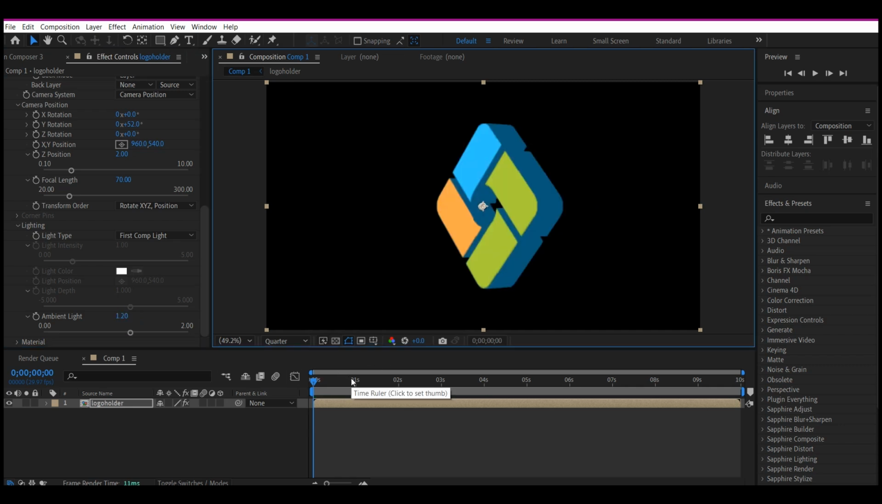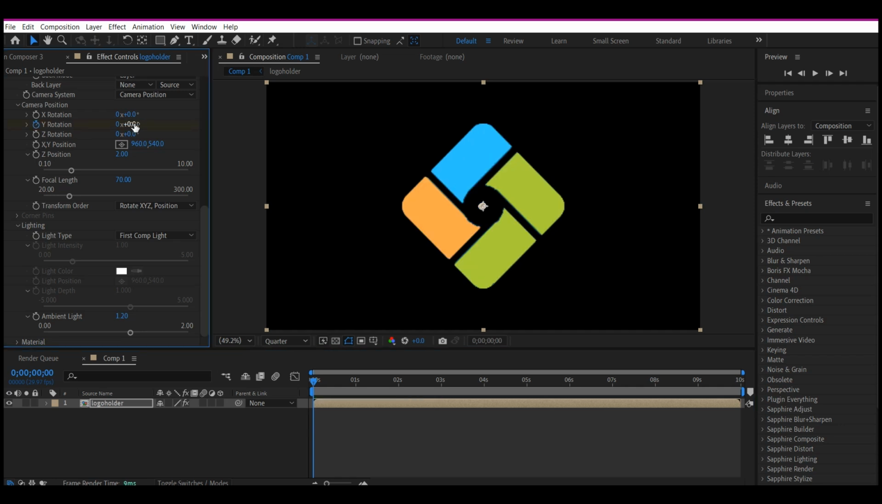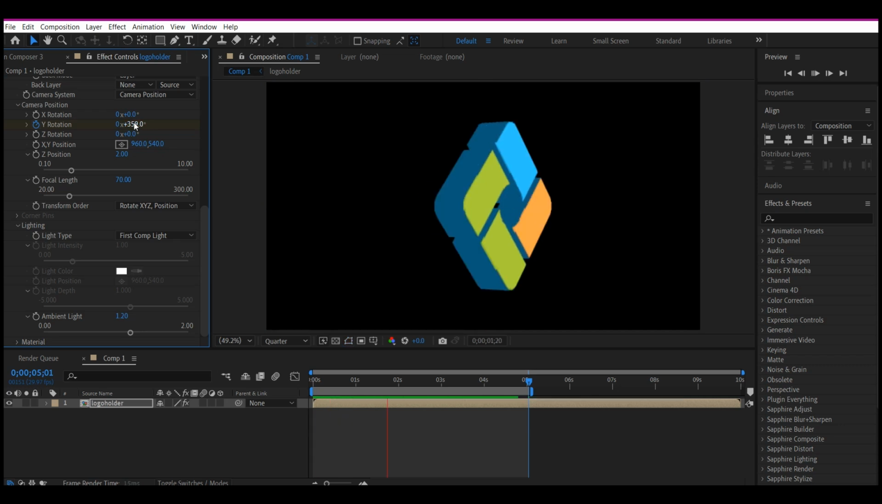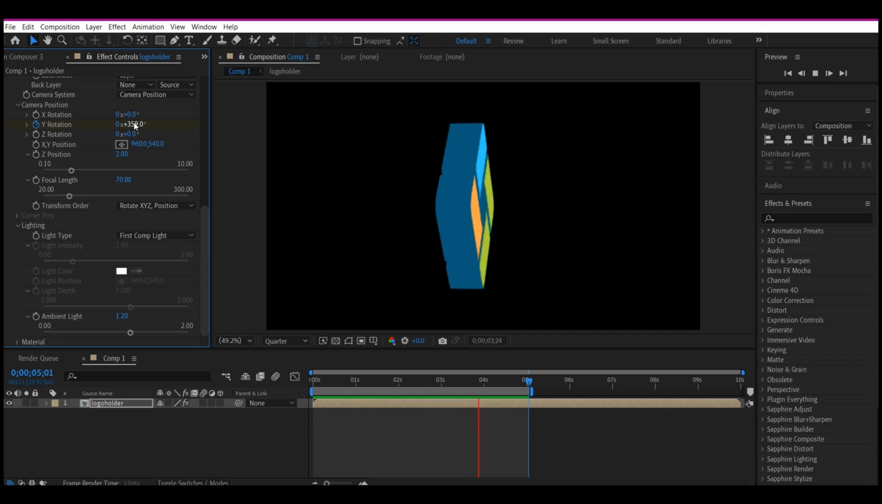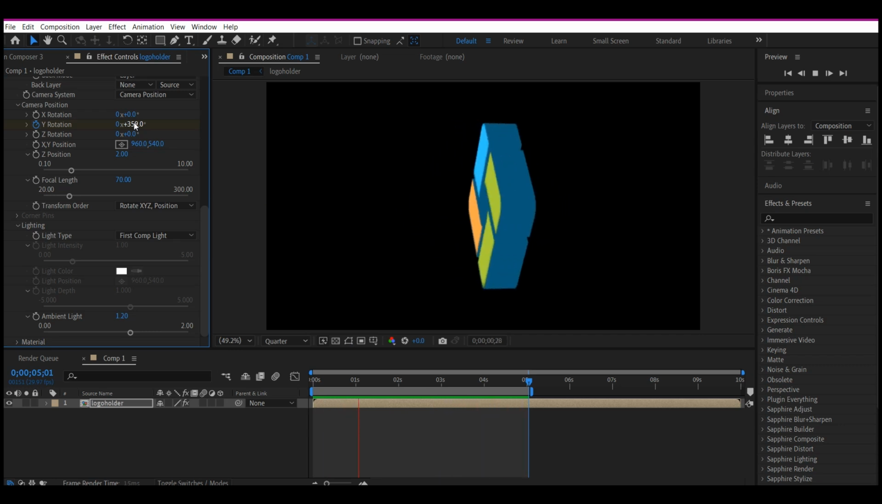To animate this quickly, you can just animate the Y rotation, set a keyframe, set your parameters to whatever number you like, go to the end of the composition. Or I'm going to set this to 5 seconds, hit N to trim the comp size. Then here, I'm going to change the value for this to 359. Now, if you preview, you have a quick logo animation in 3D right inside Adobe After Effects